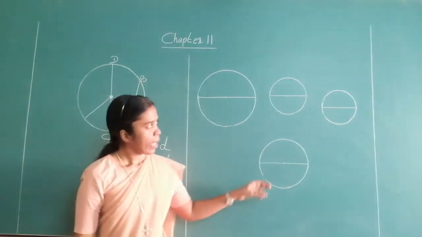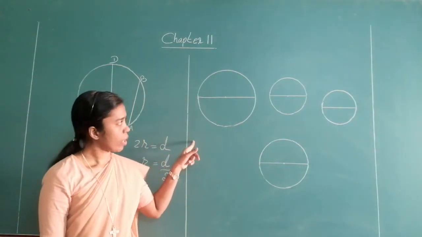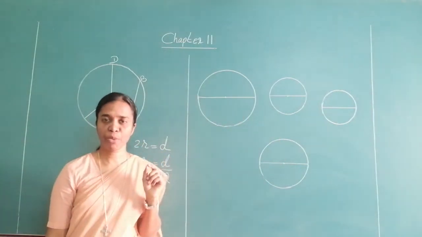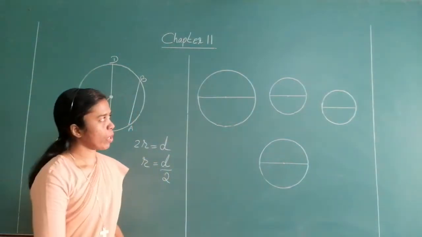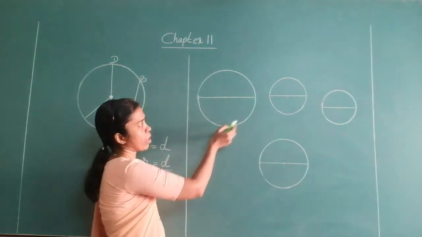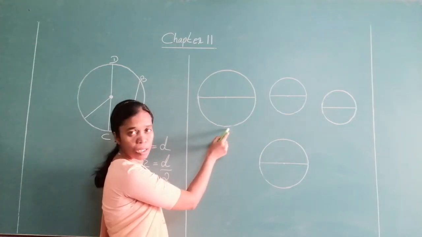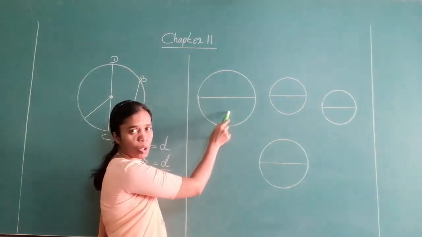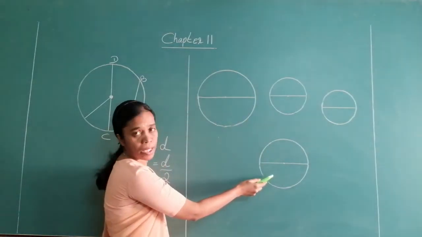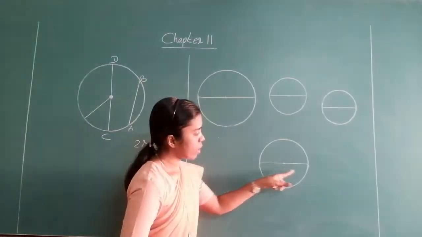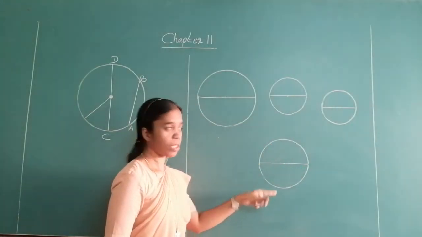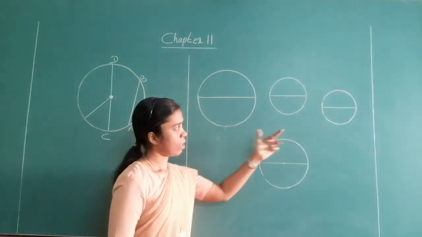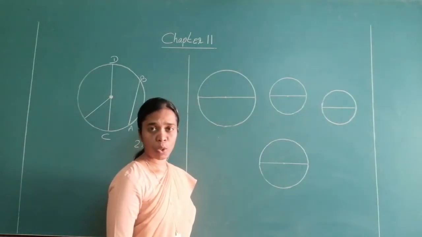Now, as you can see, you can make out that the diameter of all four circles are different. If you look at the circumference also, it will be different. You can see this is a big circle, so the boundary length will be more. And if you look at the diameter, diameter also is big. Look at this, second big. So you can see that boundary will be smaller than this and the diameter also smaller than this. Same with the other two circles also.